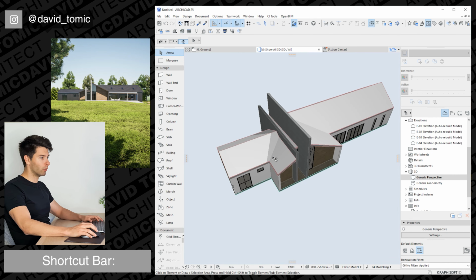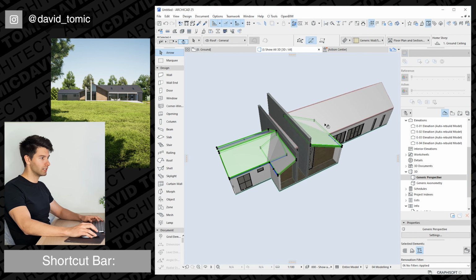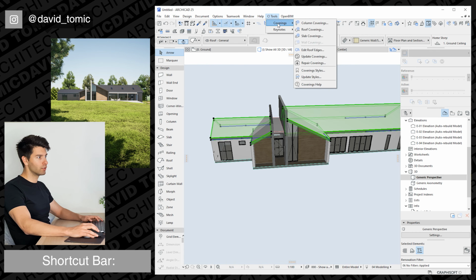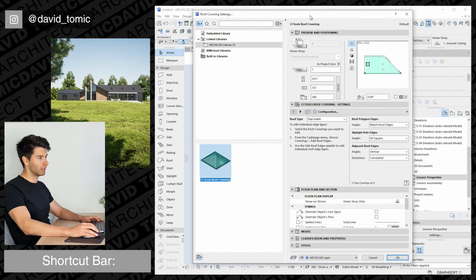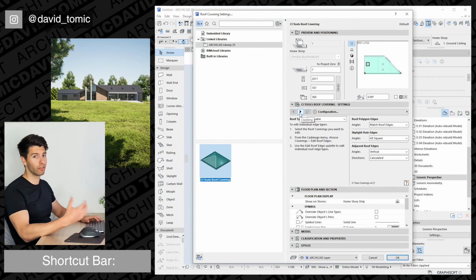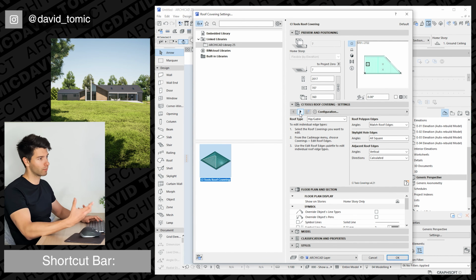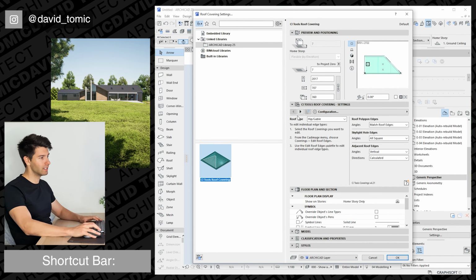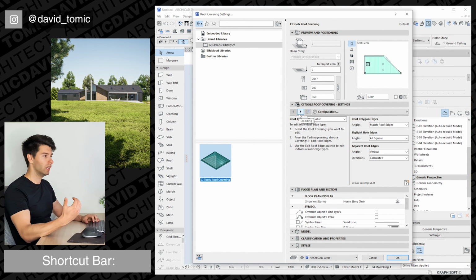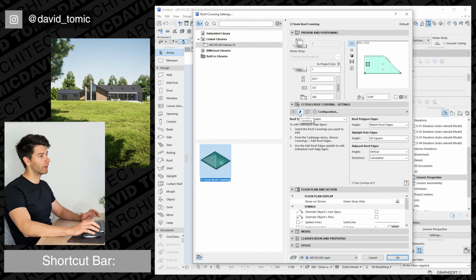Now I'm going to click on all of our roof sections here. Go to my CI tools, covering, roof covering. We'll open up the CI tools roof covering tool. If you don't have this, you can get it through ArchiCAD. It is a subscription paid plugin, but it is phenomenal and I highly recommend it. You can use any other roof covering system as well or mimic it in Twinmotion with a material, but otherwise